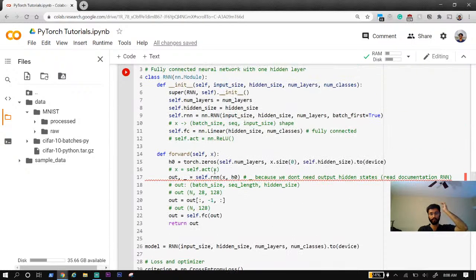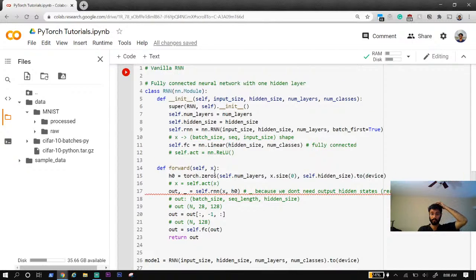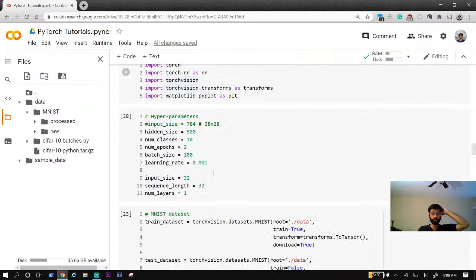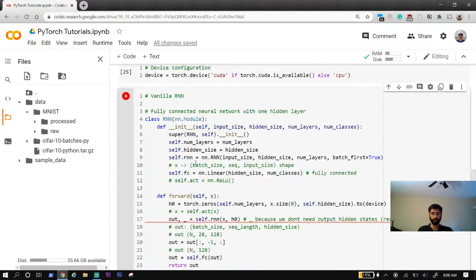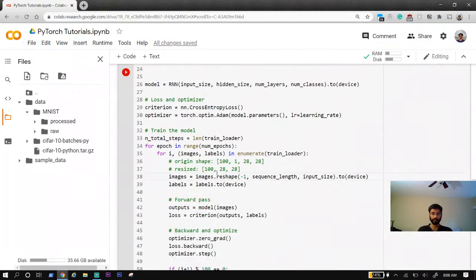Where is this 3 coming from? I know 32, 32. Nothing is 3. If I multiply these two,